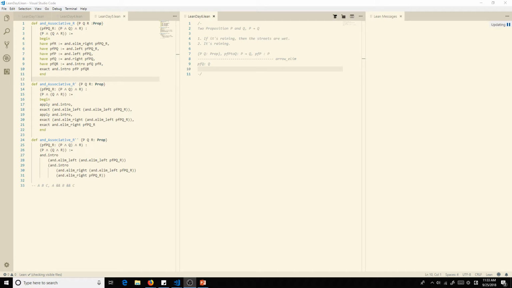Today we're going to be talking about some implications using propositions, and hopefully that'll slide us into functions, which I'll probably do next time because I don't have much time today. Anyway, so I've already started writing some things out here.